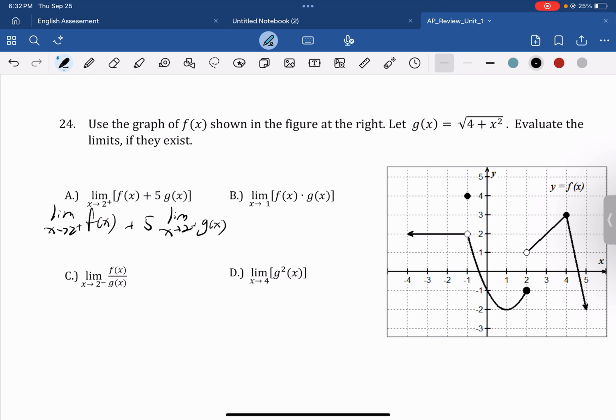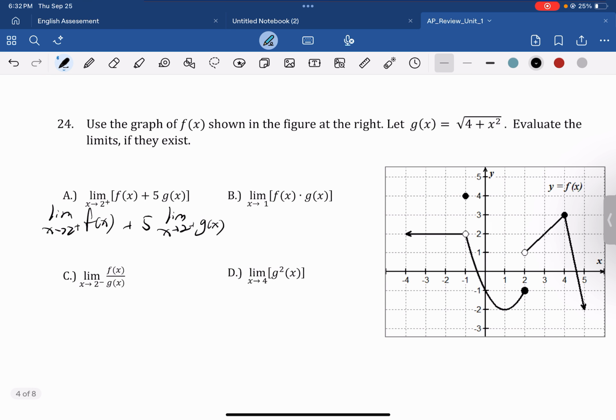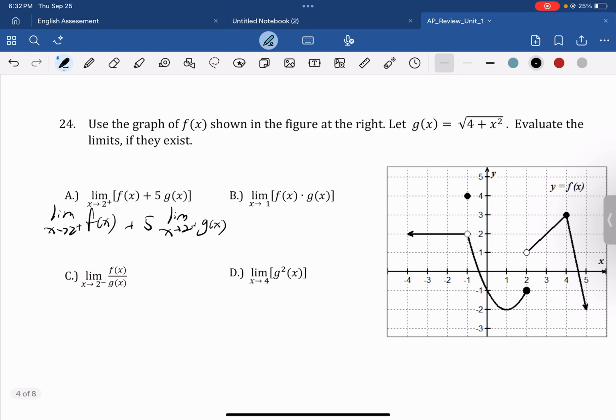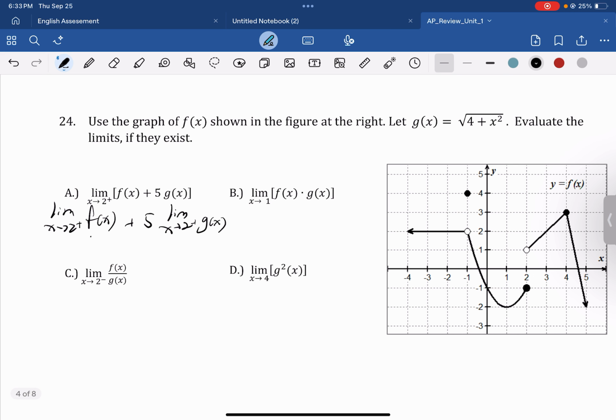Alright, so let's see the function. From the right-hand side, as x goes to 2, it goes here, which is 1, and plus 5 times